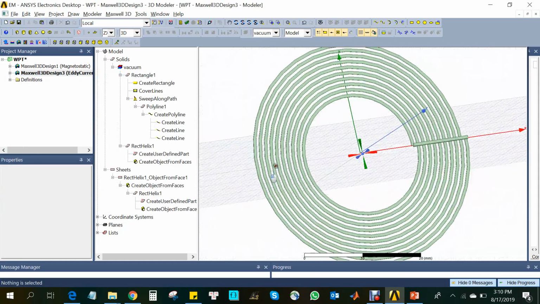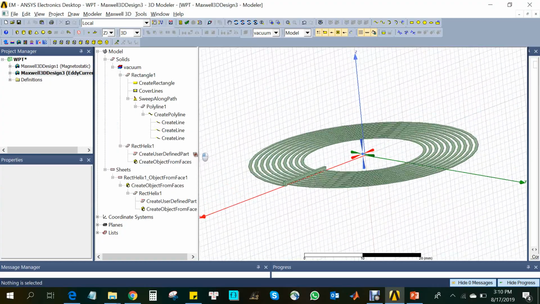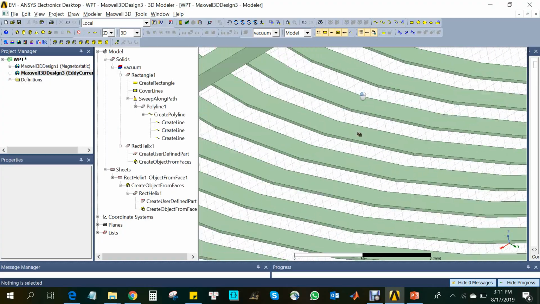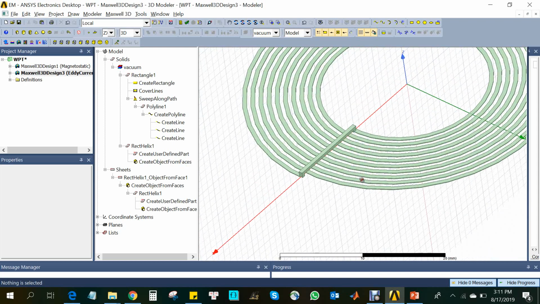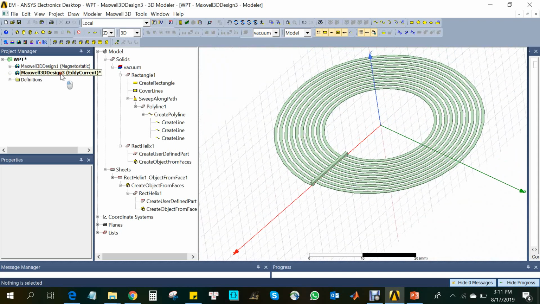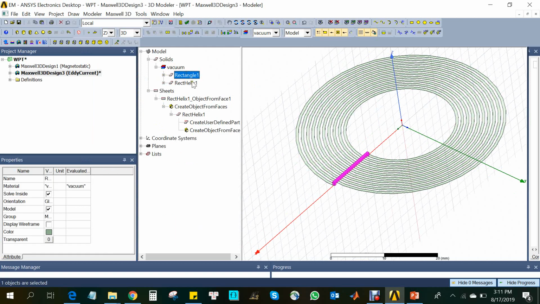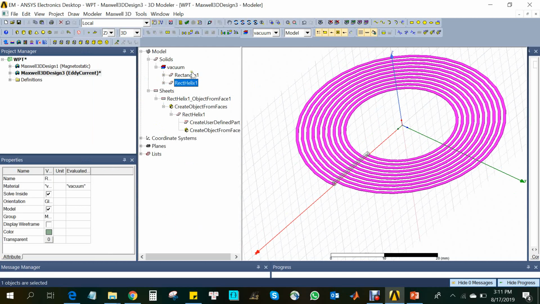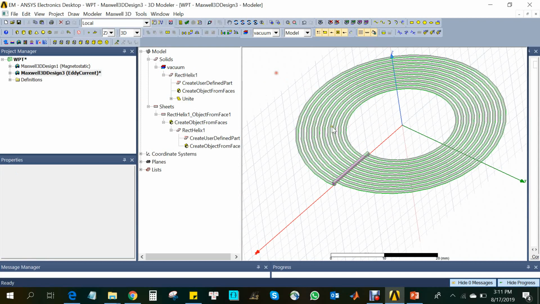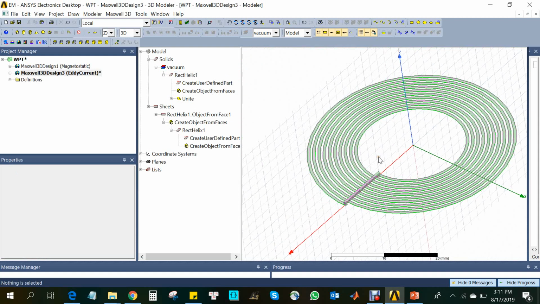Okay, now we already have one core. Let the terminal be like this. I think it will be fine. Now we will unite the rectangular and the Z helix. Unite them together. Unite. Okay, now we have a core, but now we need to make